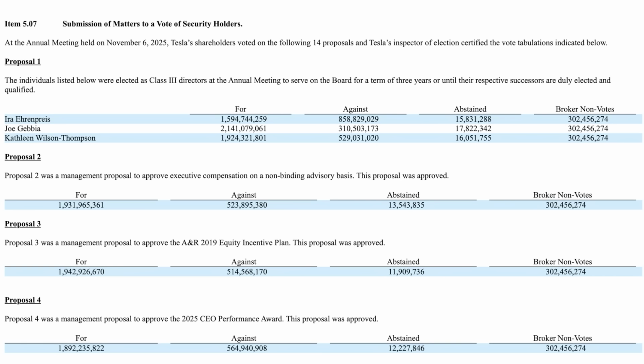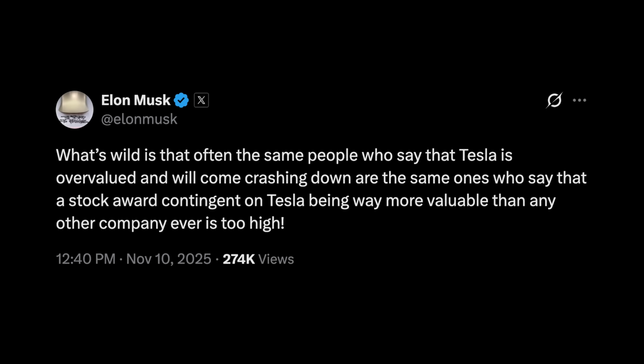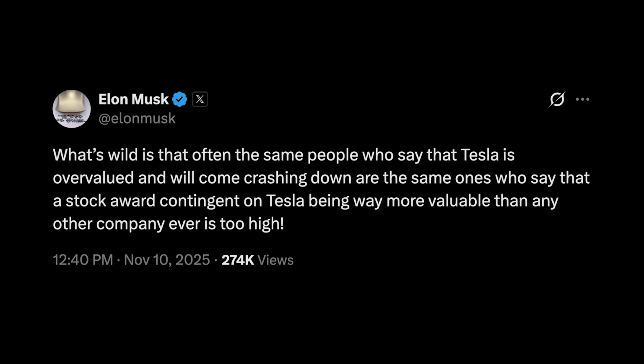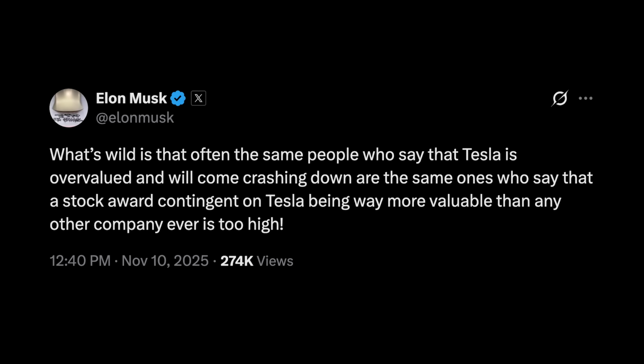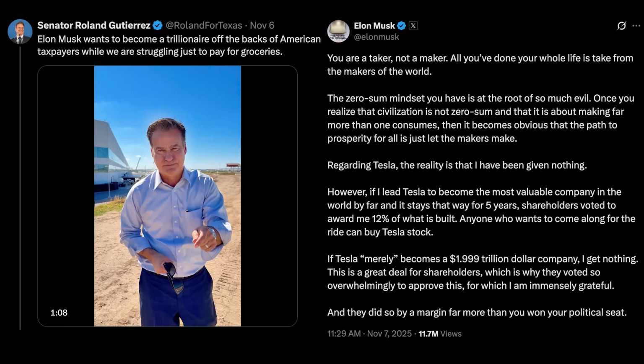I would not be surprised to see it again next year. And of course, Elon's new performance award did pass with flying colors. And perhaps the best part was watching the internet lose its mind when the news broke and being reminded how few people understand anything that goes on at Tesla. There were a lot of people shouting about what Elon should do with his $1 trillion as if he was just handed a stack of cash. Sometimes even with AI, the level of discourse is still embarrassingly low.